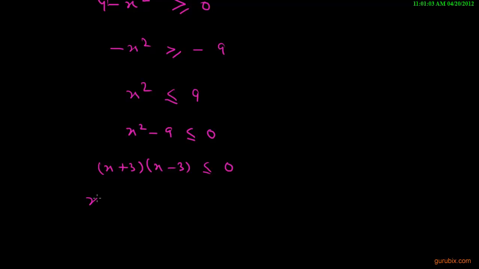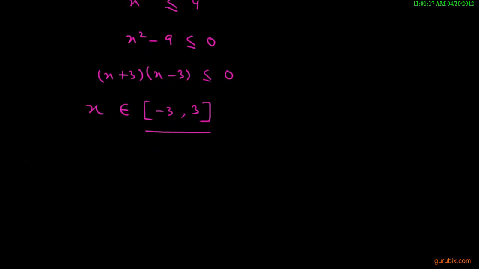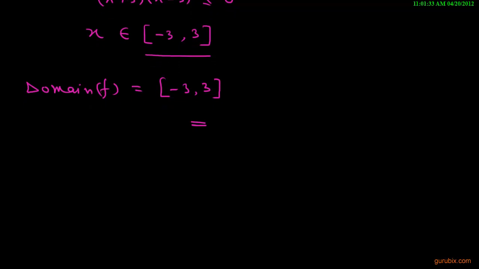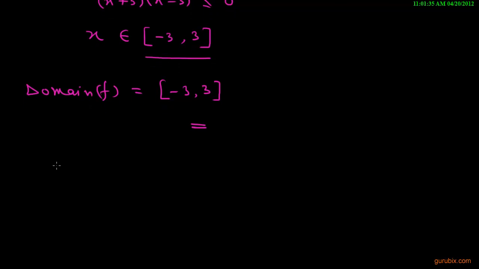This means x belongs to negative 3 to positive 3. So this is the domain of the given function. So we shall write domain of f is equal to negative 3 to positive 3. So this is the solution of the third part,